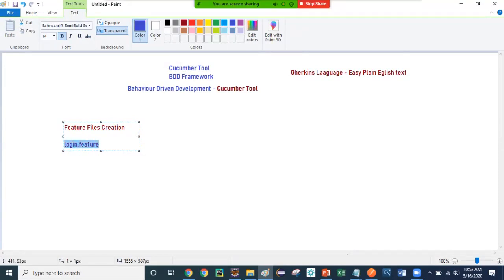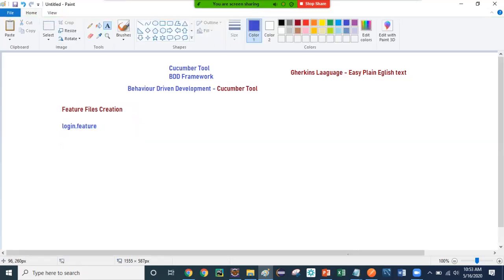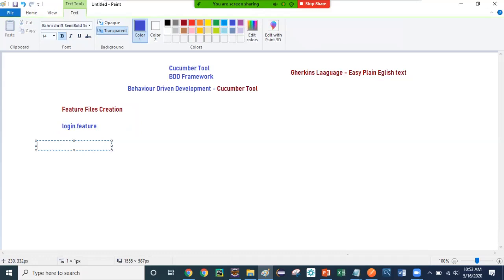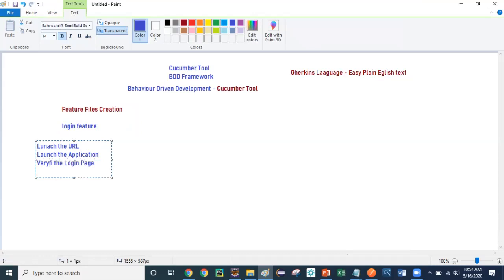Now let me tell you a basic simple example of a login test case, right? If you write the login test case, then what we will say is, okay, launch the URL, launch the application, verify the login page. This is our manual test case. I will show you how the Gherkin language modifies these things.